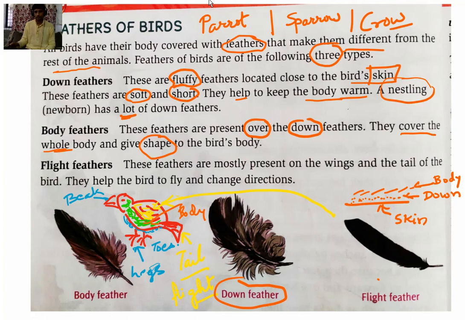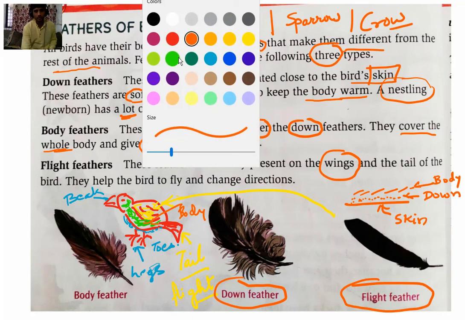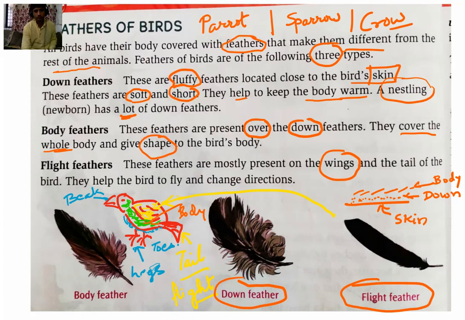Then coming to the next, flight feathers. These feathers are mostly present on the wings. As I have told you, here it is flight feather. Let me change the color. So these are the wings, here there is flight feather.